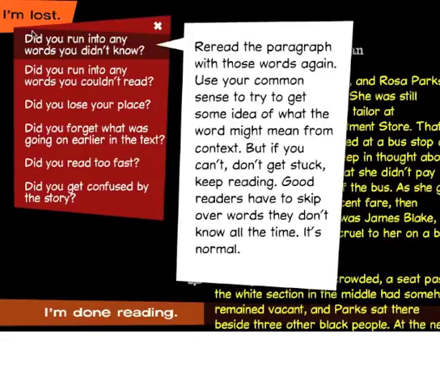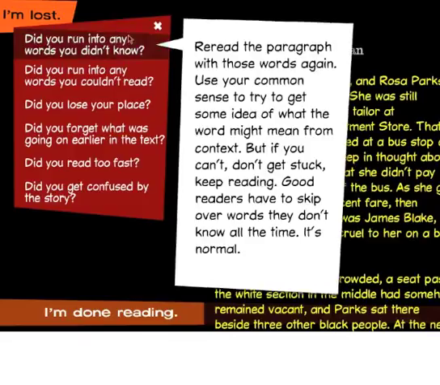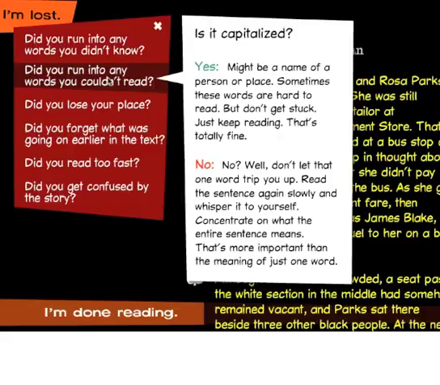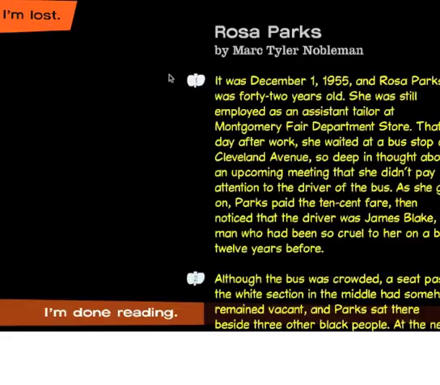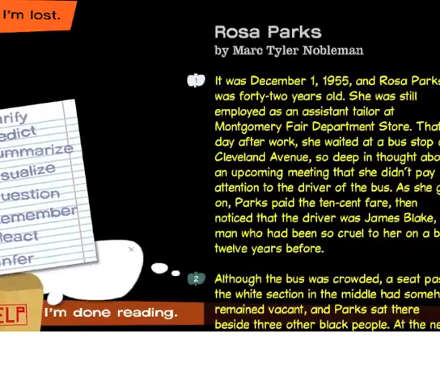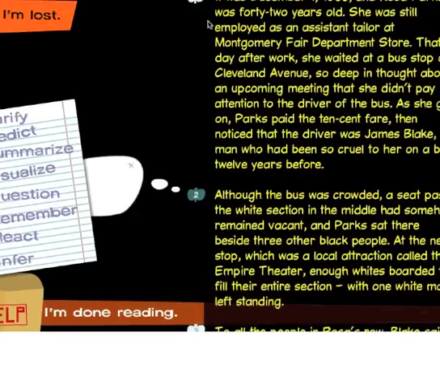So did you run into any words you didn't know? If that's true, then it tells you what to do. So each of those are kind of like that problem-solving guide for the student to do it on their own. Okay, and then you would just continue on to read and annotate. Good. So that is, again, a level 3.